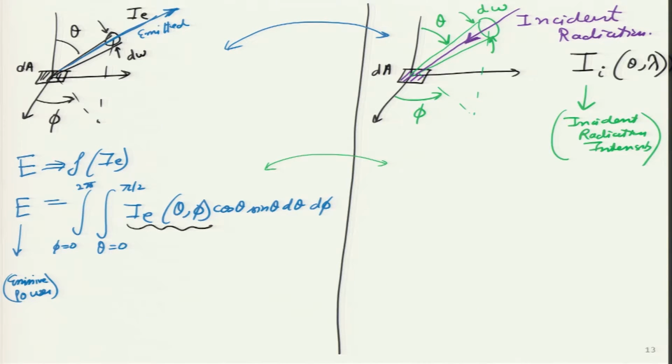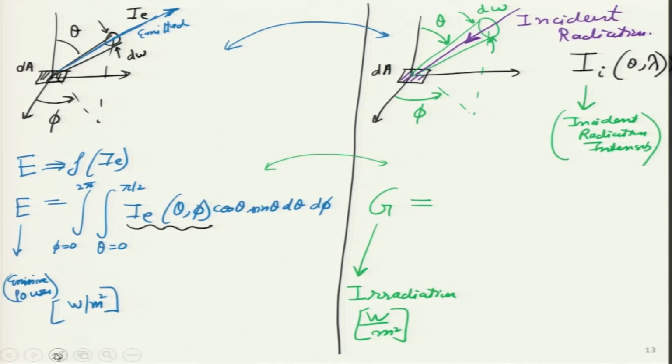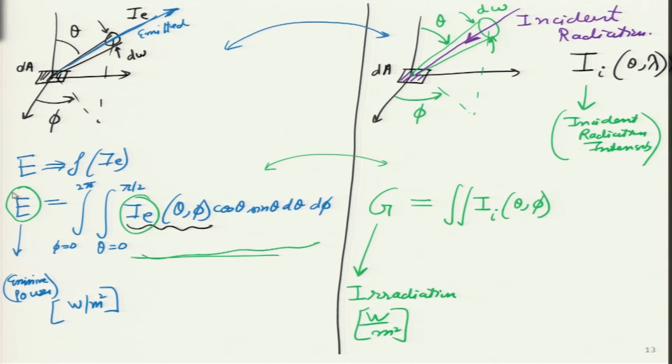So, like in this particular case, we are having definition of E. There is a flux variable which is defined over here, which is given the symbol G, which is known as the irradiation, and its units is watts per meter square, and it is similar to the emissive power whose units was watts per meter square, which means whatever I had written over here in the blue ink, I can repeat the whole thing over there, same thing with just the subscript i in this particular case, which means the relationship between I e and capital E is the same as the relationship between I and G. So, let us see that with the help of few examples.